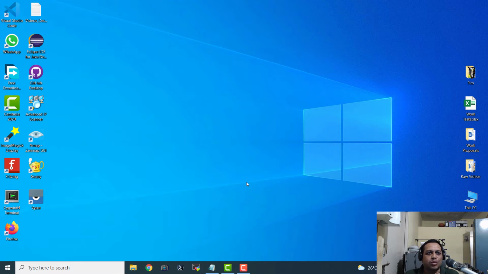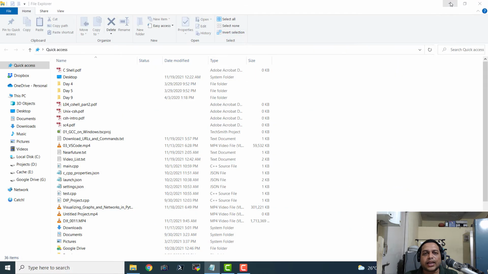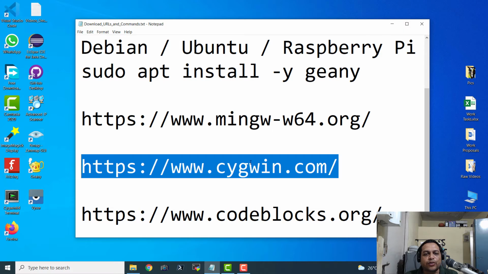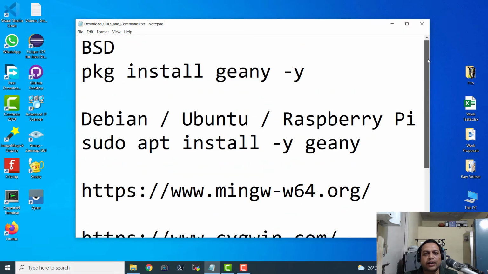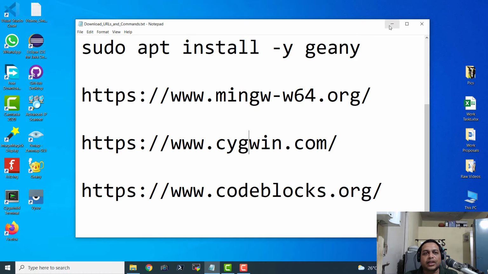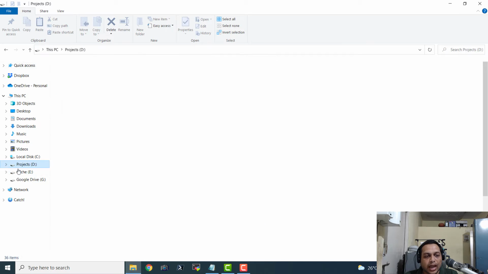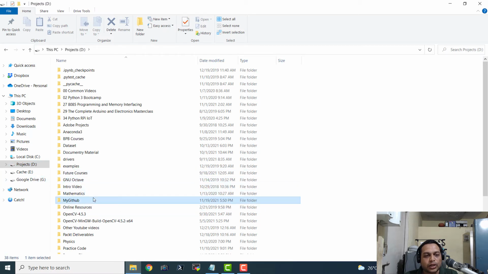Since I have been programming with this Linux stuff for the last 20 years, I naturally feel more comfortable with a Linux or Unix-like environment. Now I'm going to go to the directory where I have stored the sample files. In case you are wondering where to find this particular file as well as the sample files, please check the description section of this episode and you are going to find this file. Basically, I have uploaded this file and all the other examples on the GitHub repository, and I'm just going to browse through the local copy of that.